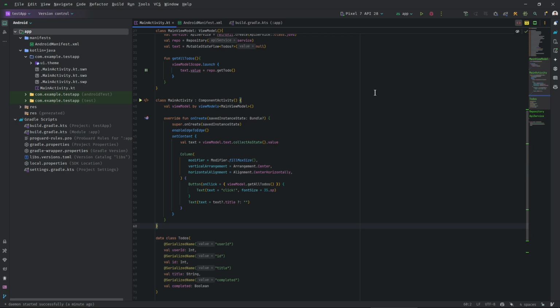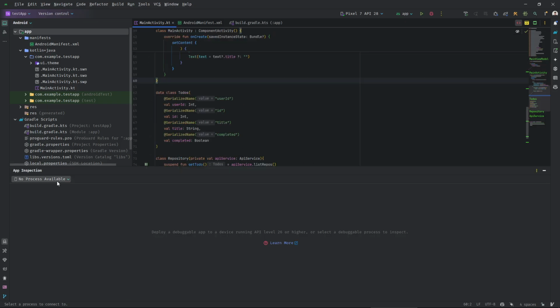If your API calls fail and you don't know why, Android Studio already has a tool to debug it. So today I want to show you what it is and how to use it: Network Inspector. First of all, Network Inspector lets you see all HTTP requests, responses, headers and bodies without adding any extra